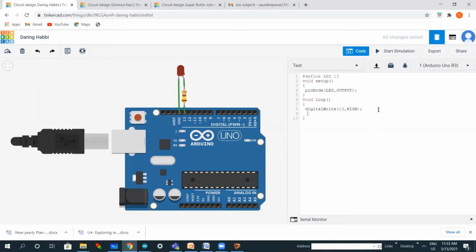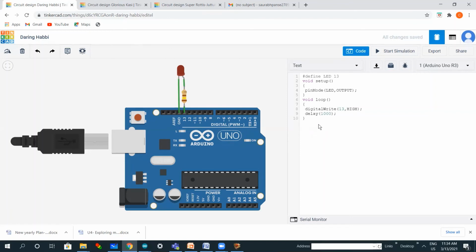So the LED will turn on for how many seconds? The function for it is the delay function. The delay is similar to time, so delay. For how many seconds do we want this LED to glow high? We want this LED to glow high for 1 second. So I will write here 1 for 1 second, but delay understands the language in milliseconds. So whatever number you choose, you have to multiply it by 1000. Multiplying 1 by 1000, we get 1000. So 1000 stands for 1 second.